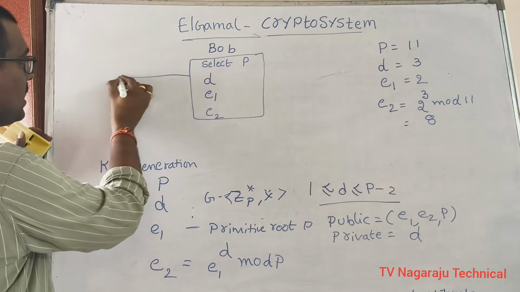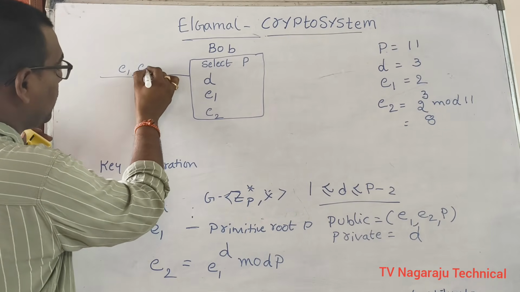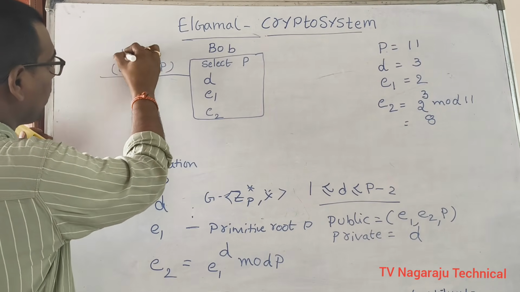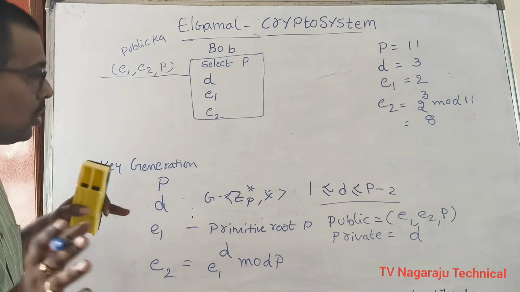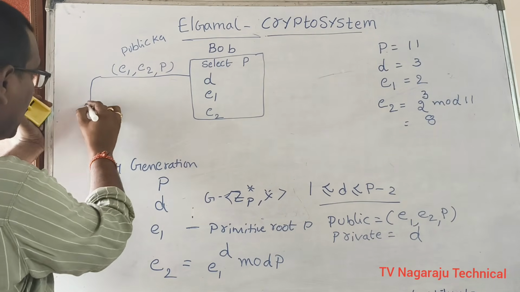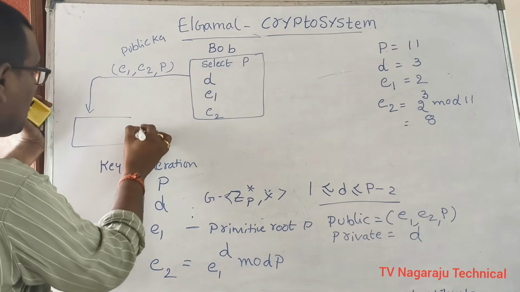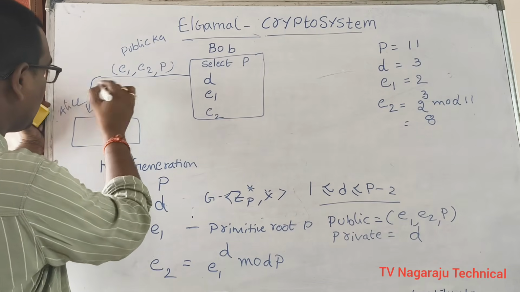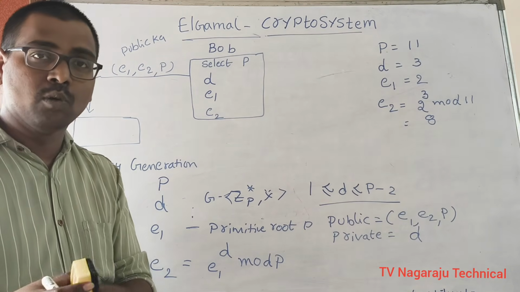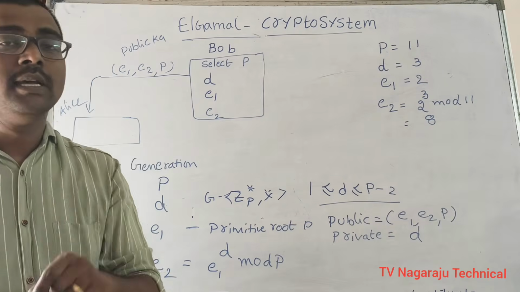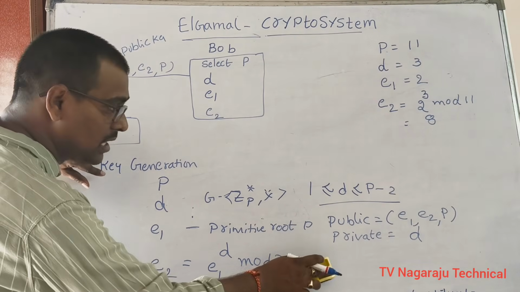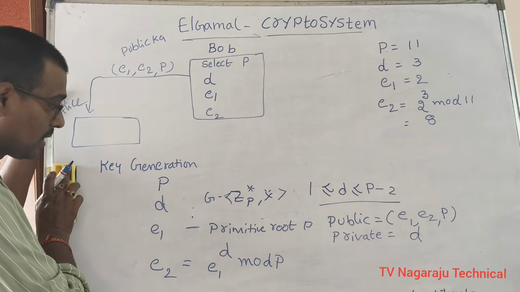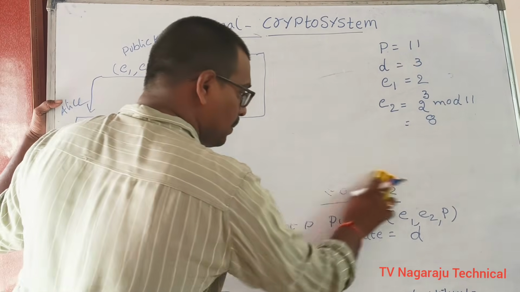Now, once the keys are generated, the public key E1, E2 and P is published. Once the public key is available to the sender, assume Alice is the sender, what does the sender do? Simply does the encryption operation. So, key generation is completed. What is our next step? Our next step is to do